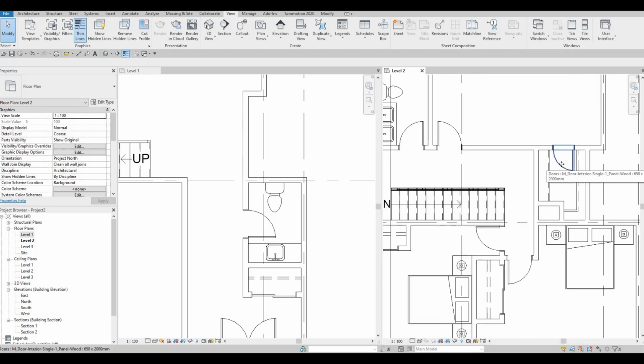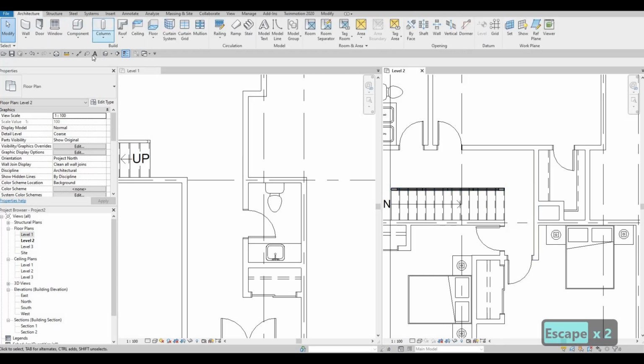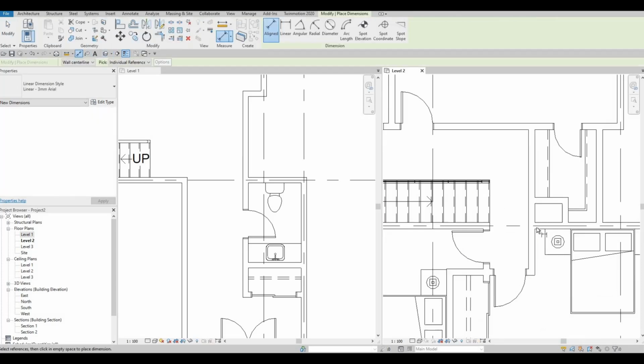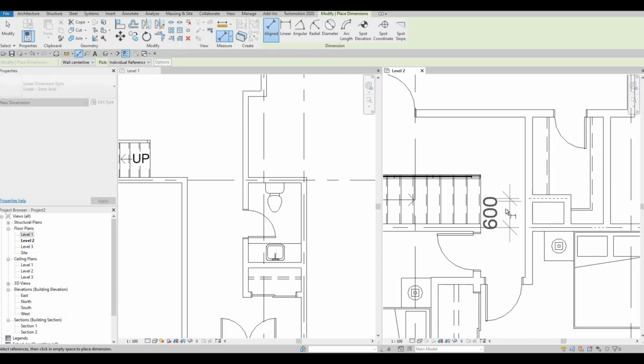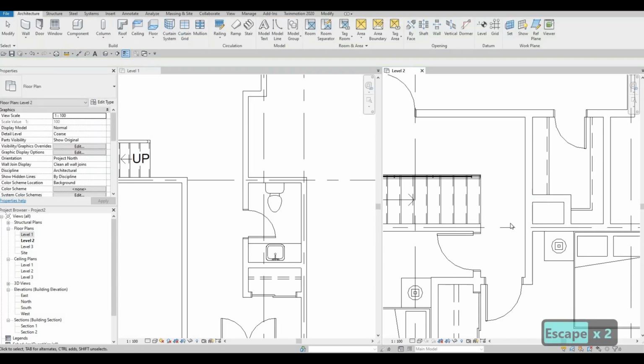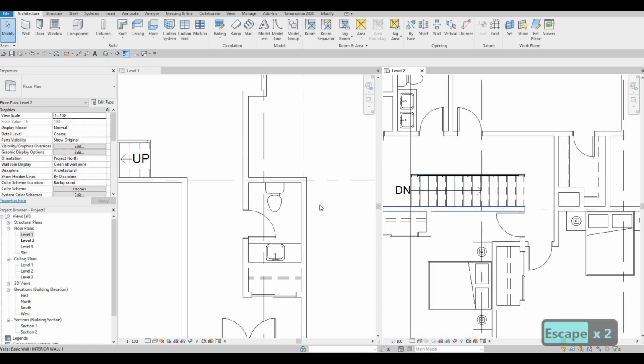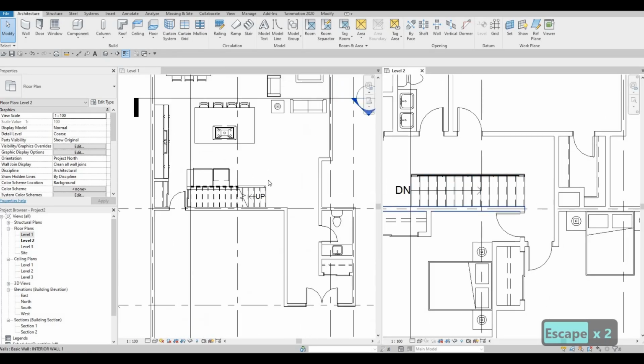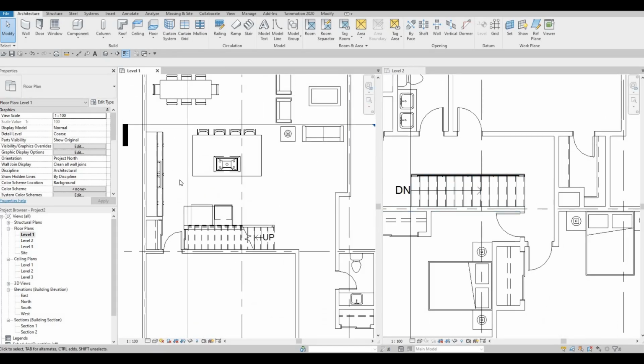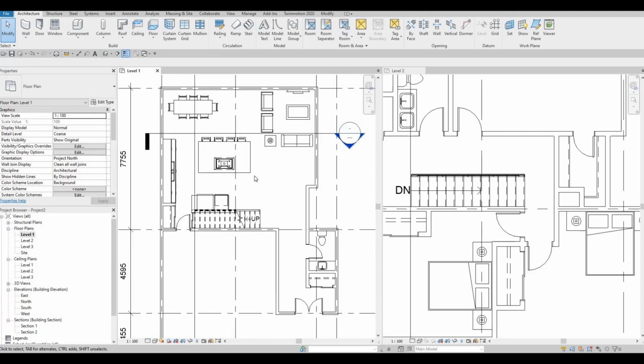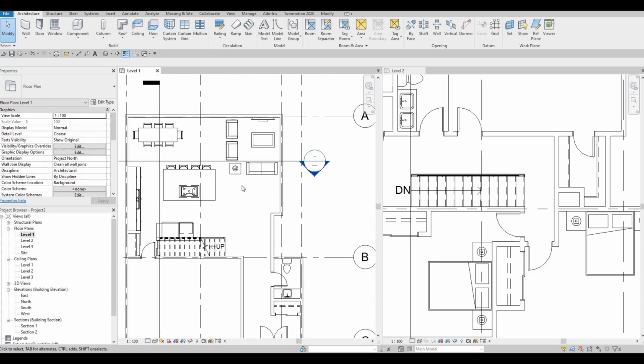I'm going to create a door similar to this, but very small. So I just need to add to see the distance, so around 400 or 300 for some linen storage. I just want to double check, so I'm checking the level 1 before we close it, if we added everything that we wanted to